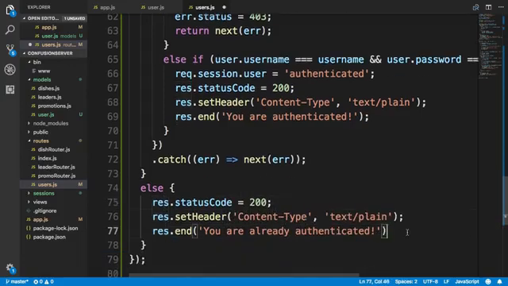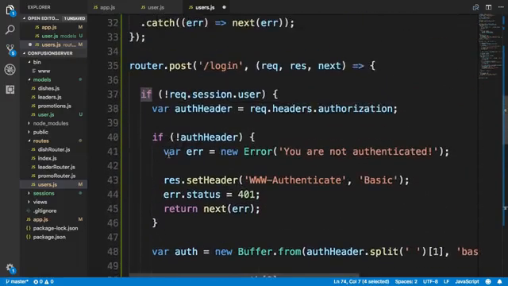So if you reach this else part, you would come here because the req.session.user is already not null,